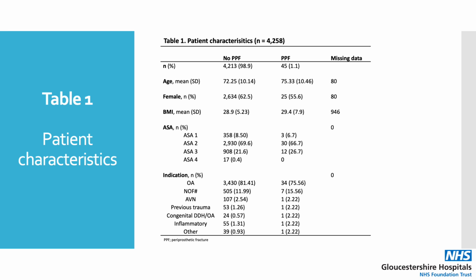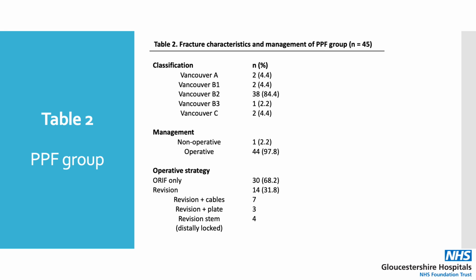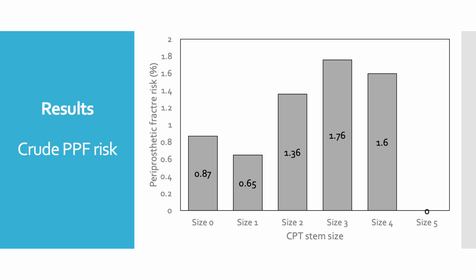The majority of patients in both groups were categorised as ASA grade 2 and the most common indication for surgery was osteoarthritis followed by neck of femur fracture. In the fracture group, the majority of patients suffered a Vancouver B2 fracture and over 2/3 of patients were treated with ORIF only. Looking at the initial results and specifically crude periprosthetic fracture risk, you can see an increasing trend